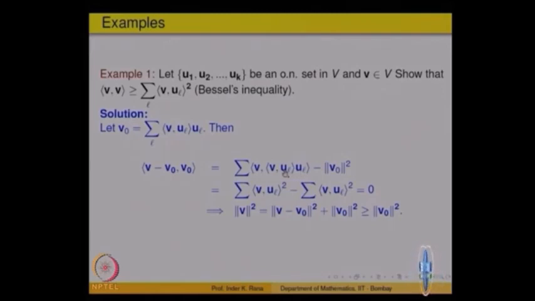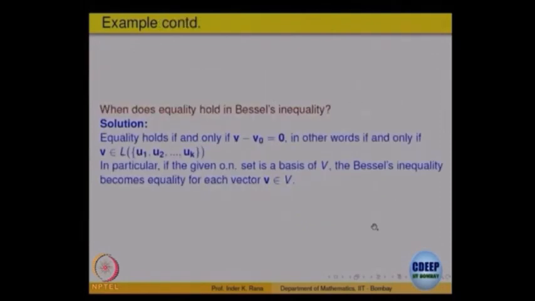So, what will happen here? See, this is a sum. It will be the dot product of V with Ul squared minus this square, which is equal to 0, and then you expand, and you will get norm V squared equal to this, and drop one of them. It is just writing using the fact that they are orthogonal, nothing more than that. So, write it out and you will get it yourself, that is better. Equality holds when it becomes an orthonormal basis.